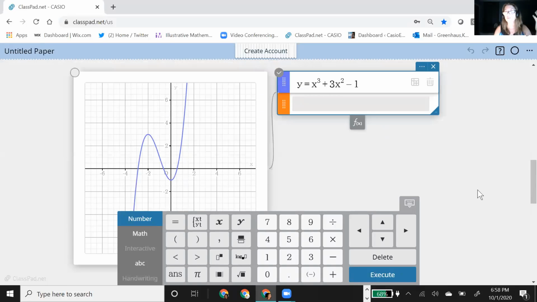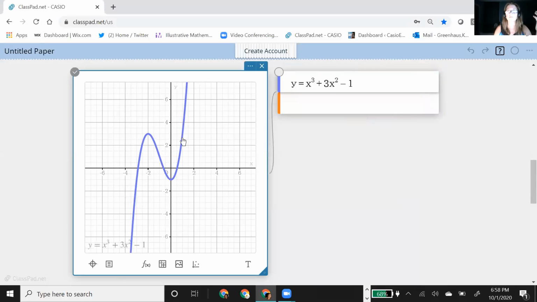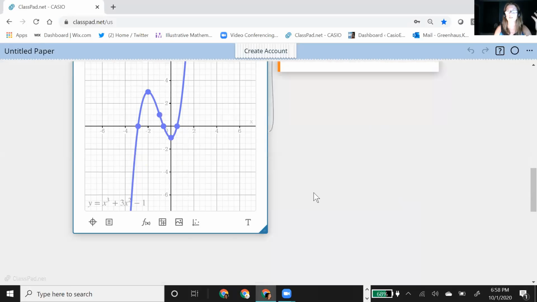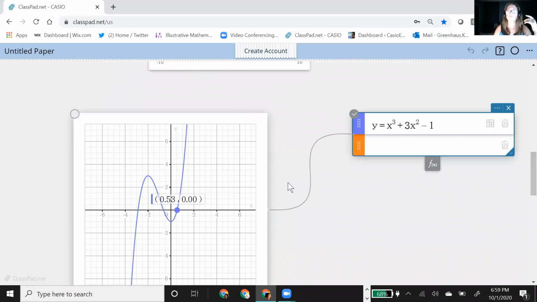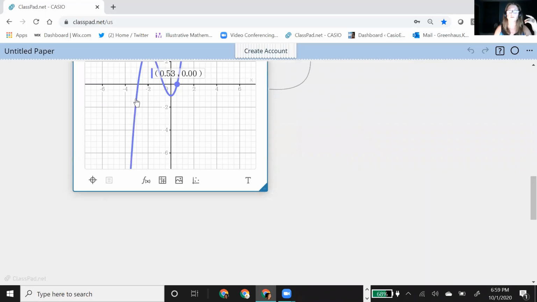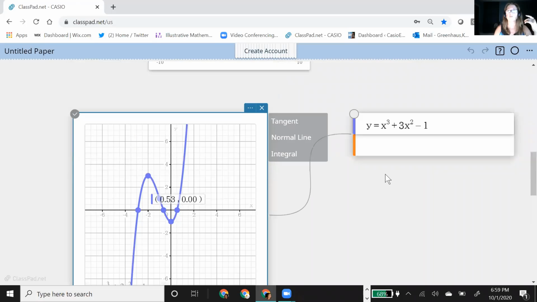So whatever function you've entered, if you click on it, you get your key points that we already know. But if you go down here, the minute you click on a function in the graphing sticky, you get this extra button. So notice if I'm not clicked on the function, this button is not available to me. So it does connect to the actual function that you've clicked on. And when you click it, this is called the property button, you have, there you go.